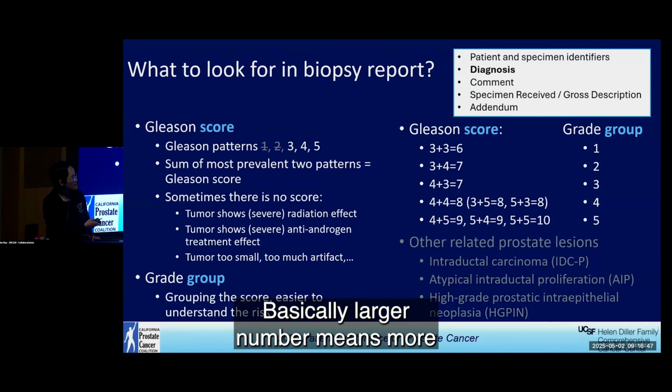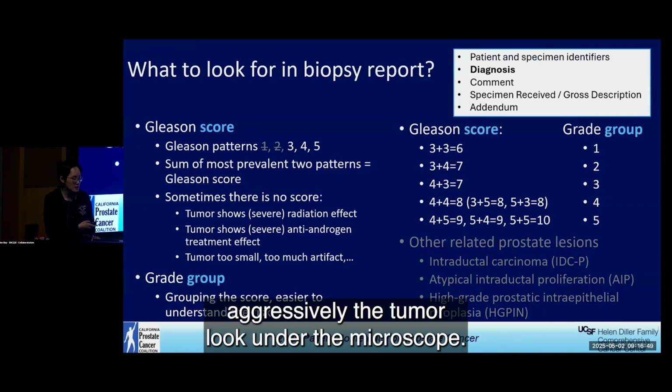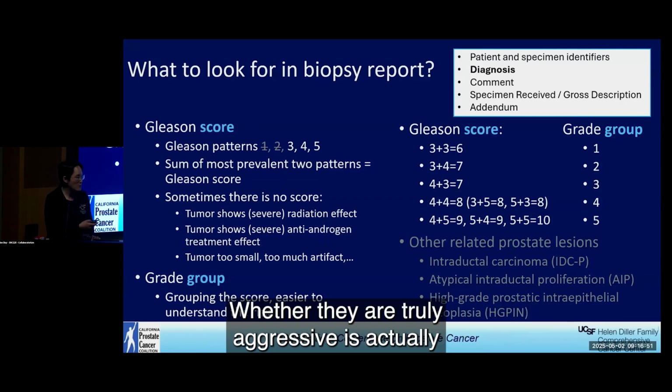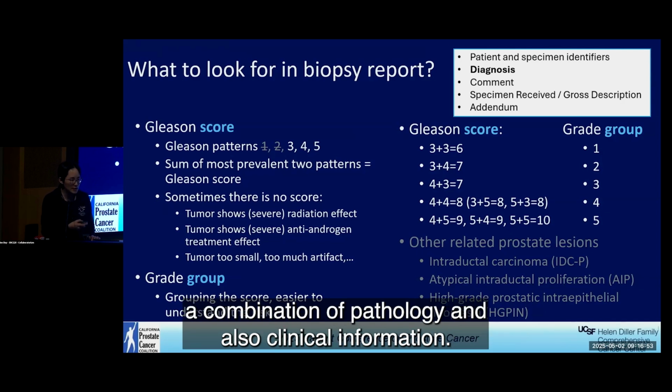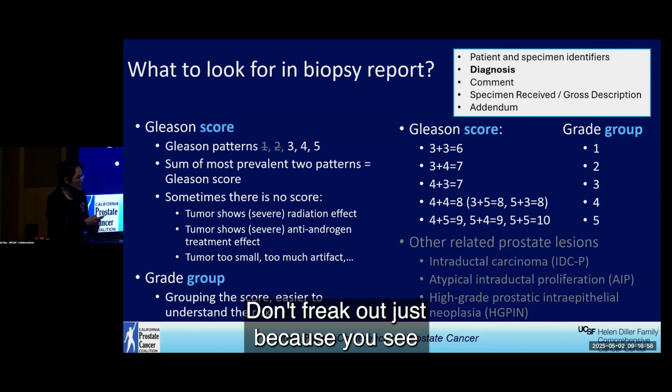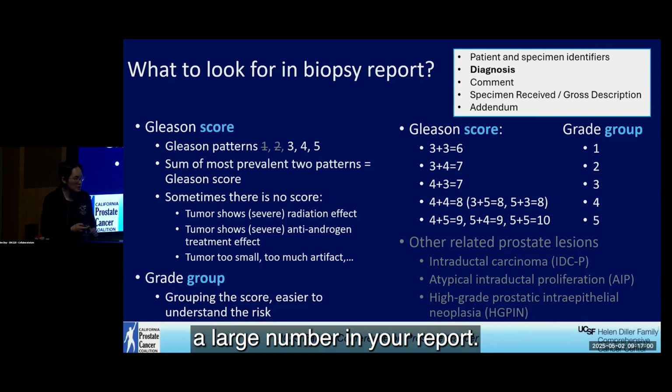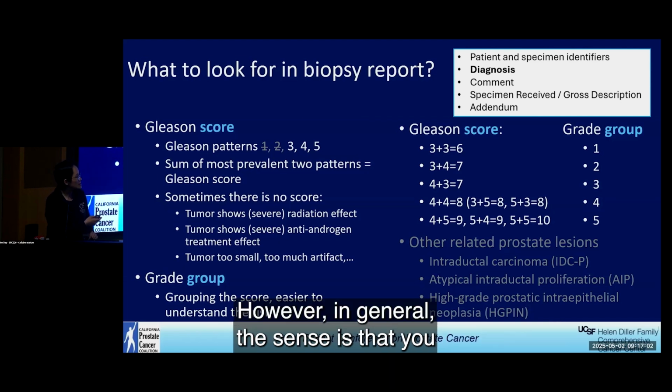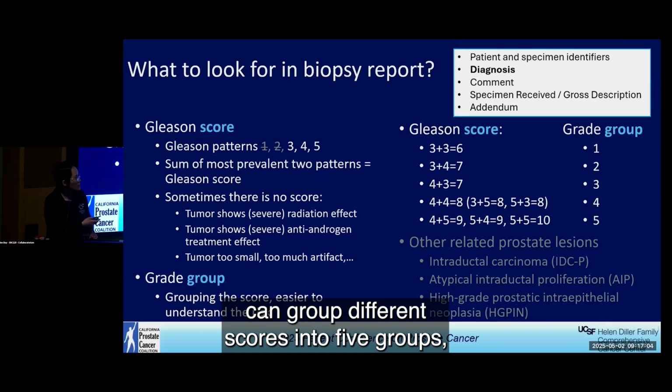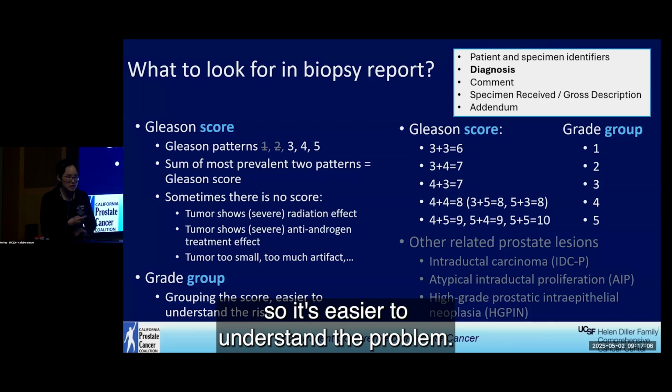So basically the larger the number means the more aggressive the tumor looks under the microscope. Whether they are truly aggressive is actually a combination of pathology and also clinical information. So don't freak out just because you see a large number in your report. However, in general, the sense is that you can group different scores into 5 groups, so it's easier to understand